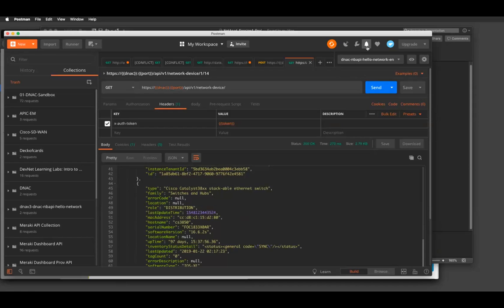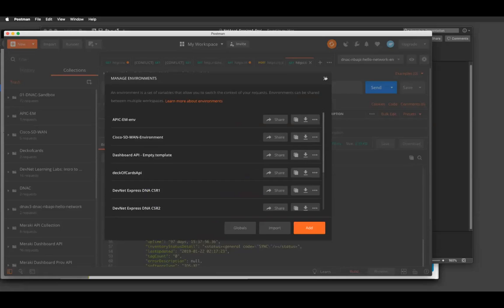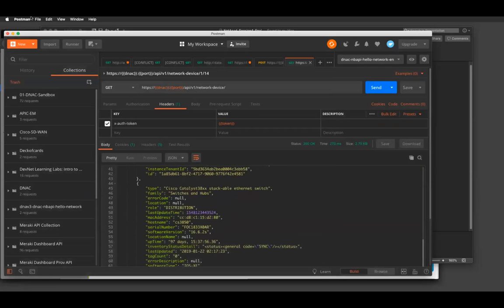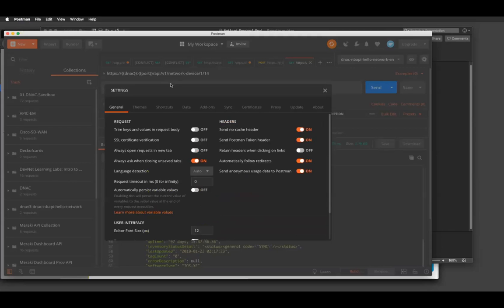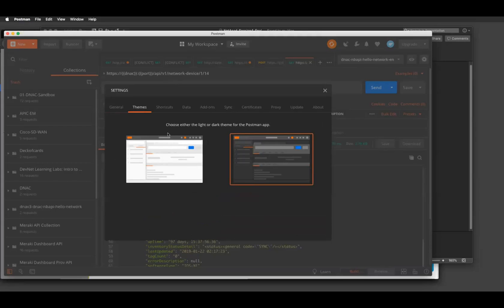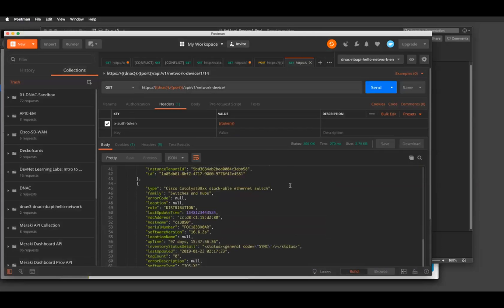One other question I normally get is, how do you turn dark mode on? If you haven't seen it already, there's this settings button. Where do the settings go? That usually, or preferences, I should say, allows you to turn on themes, dark mode. So if you're looking for that, it's under the settings, and you can go with either light or dark. Again, I prefer dark because I think it's easier to see when you're doing something like this in a presentation, but whatever your preference.